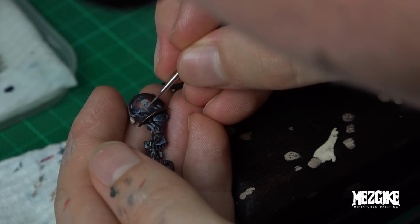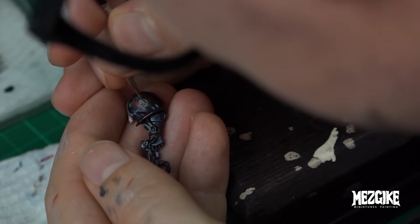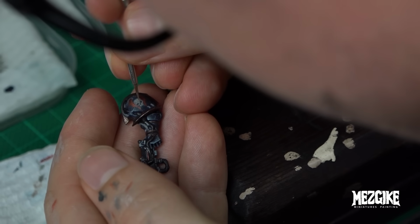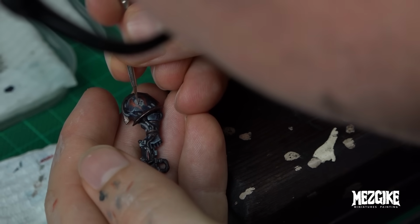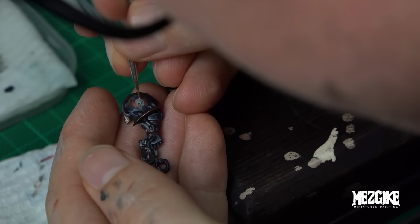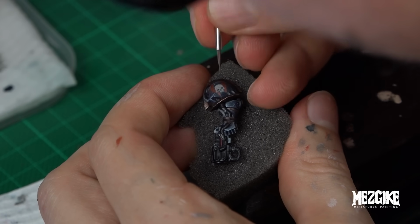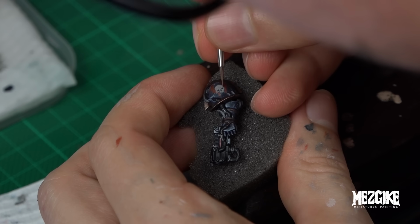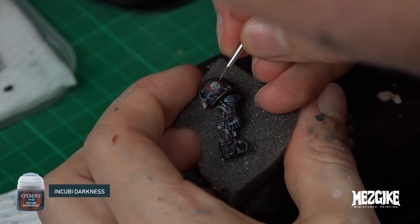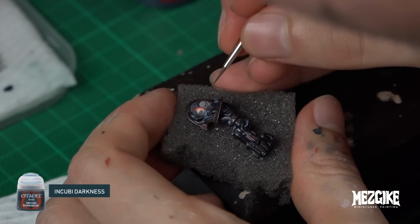And because we had that tiny little dot right at the start, we found the center point. We're not going to paint this whole design and then after a while sit back and go, oh bloody hell, it's not centered, because that would not look good. If this was just off to the side a little bit, it would stand out like a sore thumb. So we really want to set ourselves up right from the start. Get that little dot in the center. And now we can concentrate on making things symmetrical. Keep checking the left side and the right side, making sure it looks